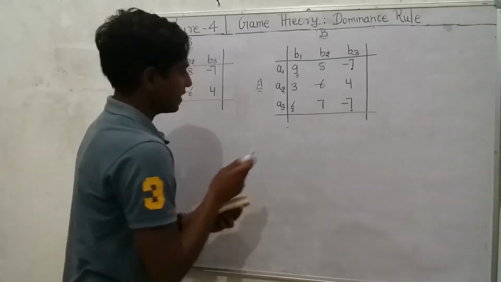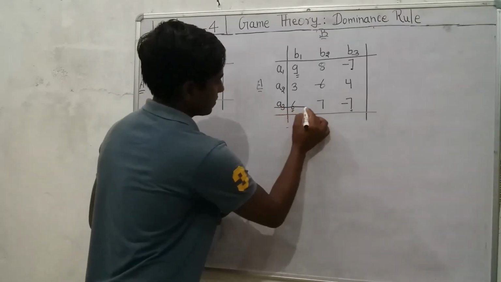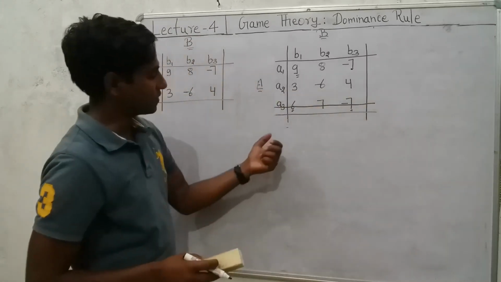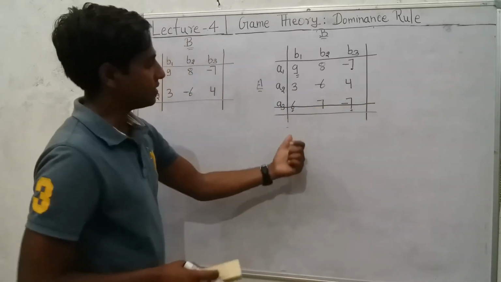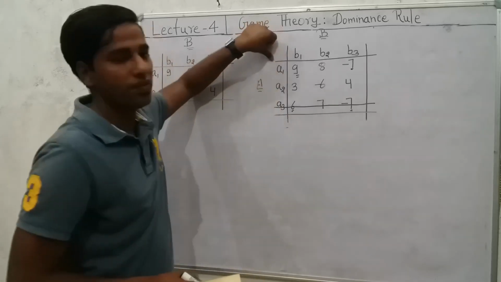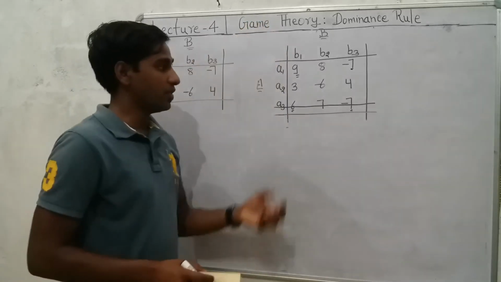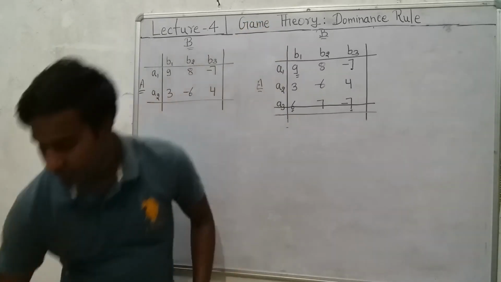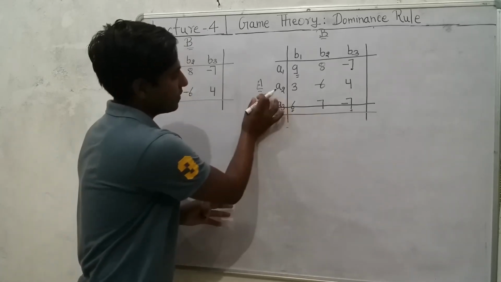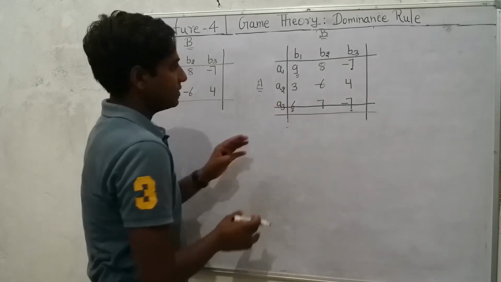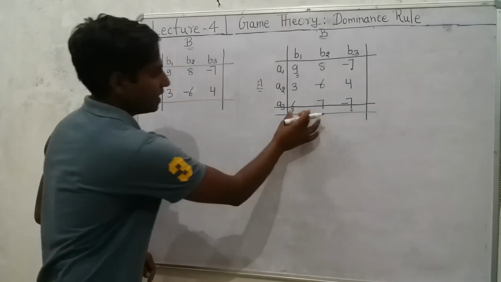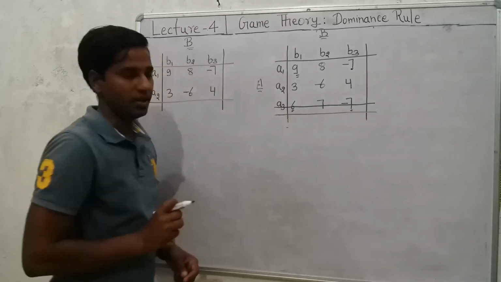So company A can eliminate this option because it is of no use for company A. And if company A is going to employ the A3 strategy, then the returns or the profit would be less in comparison to the first strategy. So in any case, because the opponents are rational, they are going to adopt the best possible option. So company A would not select the A3 case. Instead, company A would go for A1 over A3. So we are going to eliminate this option for company A.